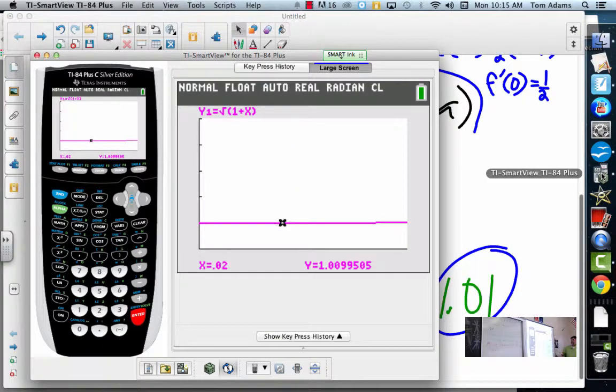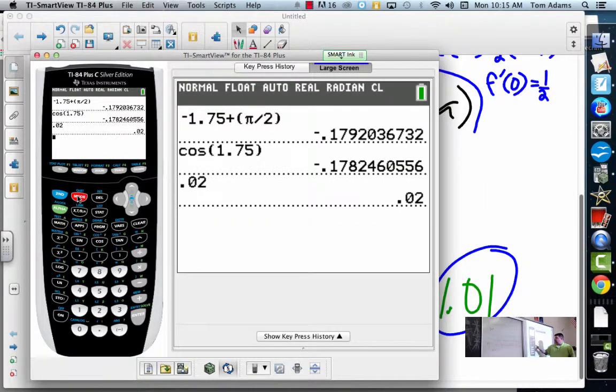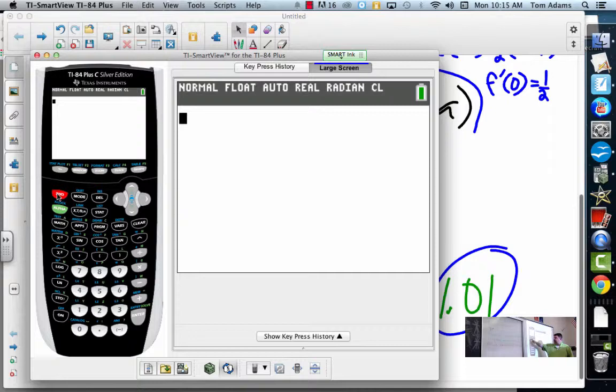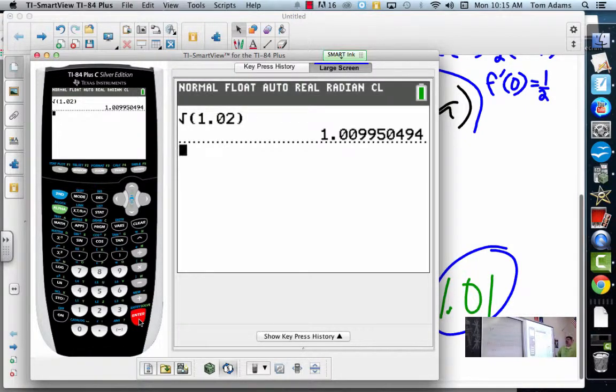Now here's the thing. It rounds it, but you can see how this is a more precise value. Now on my calculator, if I quit that and I say, well, okay, what is the square root of 1.02? What should we get? Pretty darn close to 1.01. So that's what we use linear approximation